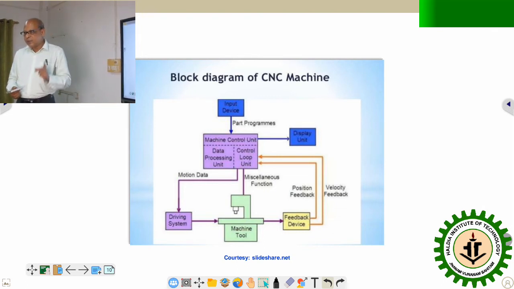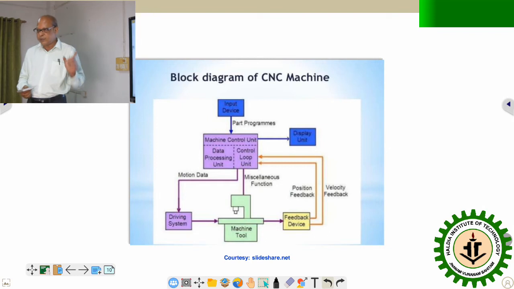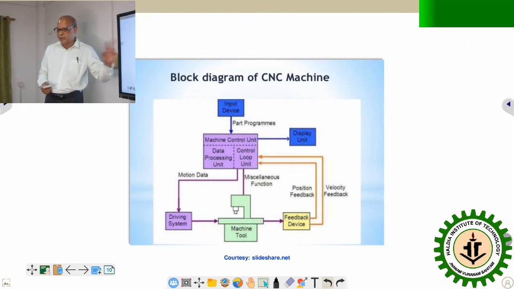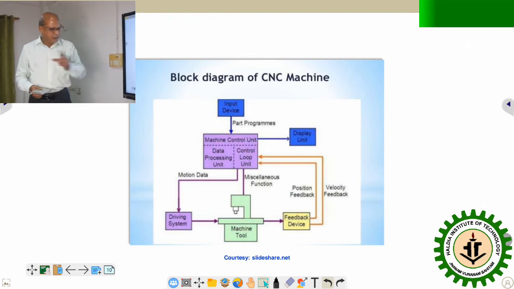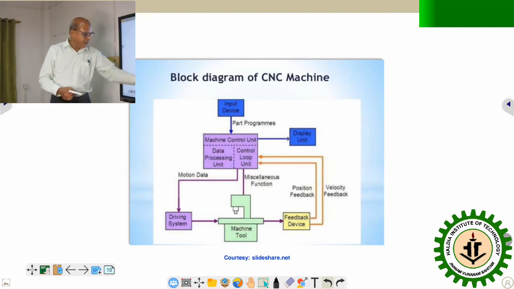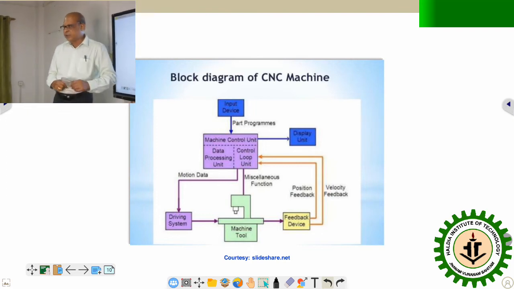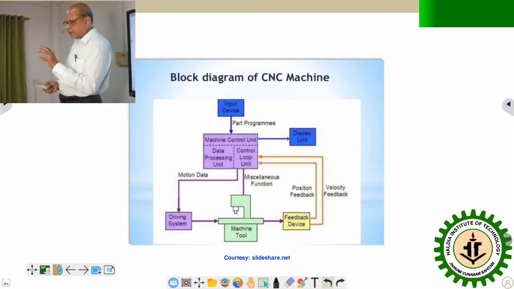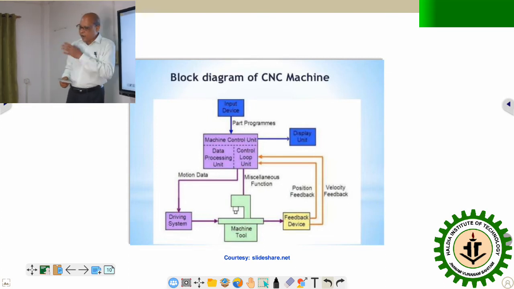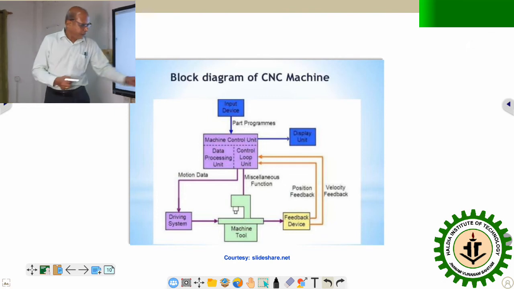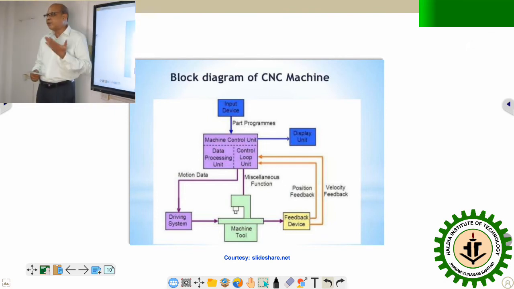So we ought to measure the displacement and the velocity both together. But one device, which is popularly known as a sensor or transducer, cannot measure two different parameters, for which two different feedback systems are there. One will measure the position, another will measure the velocity. Okay, a very popular position measurement device is the encoder. We will discuss it in detail. Or there may be a linear scale based on the Moire fringe pattern,